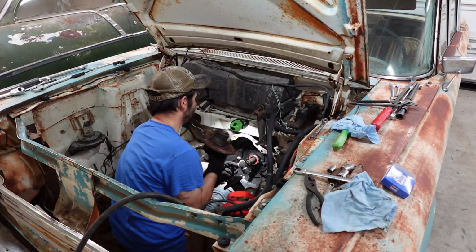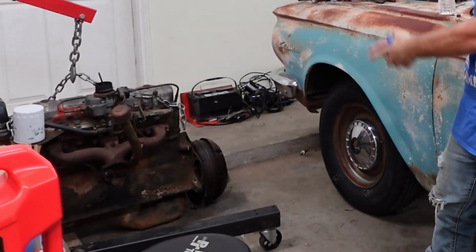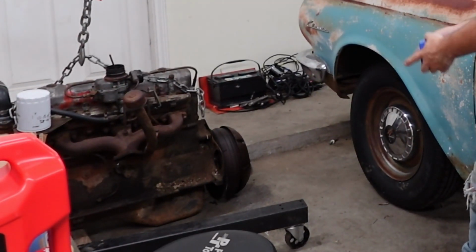This is a Ford part. It feels so wrong. It's the 1962 AMC Rambler again. We're putting a brand new transmission seal in it so we can put the 196 cubic inch straight six engine